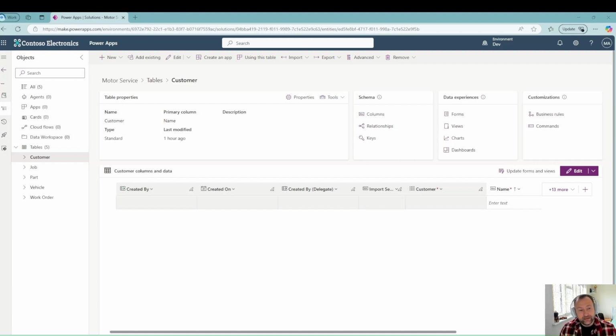So, we have now set up all our environment and we've started to create some entities. Now, the entities aren't fully complete, but they've got some base properties, columns, etc., that we're going to use. And before we create a model driven app, we need to set up the views and the forms for those